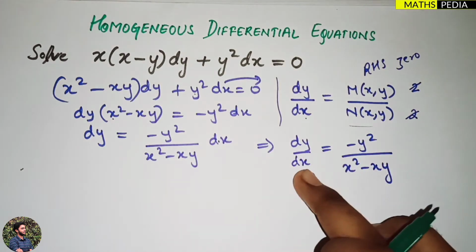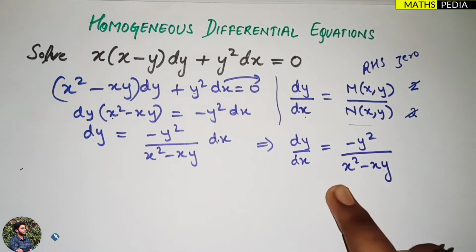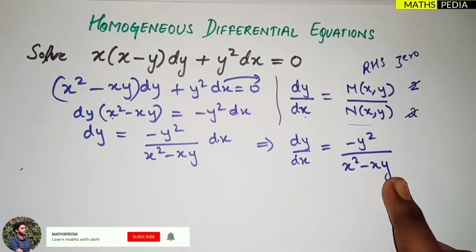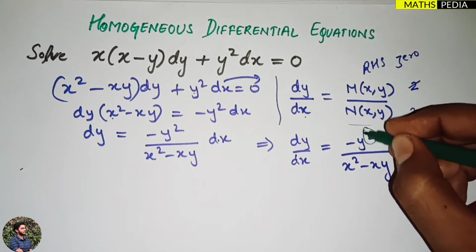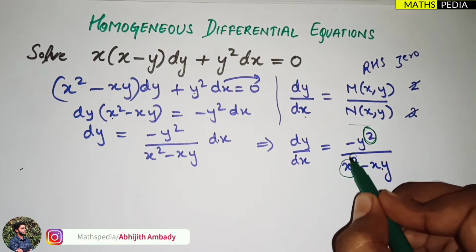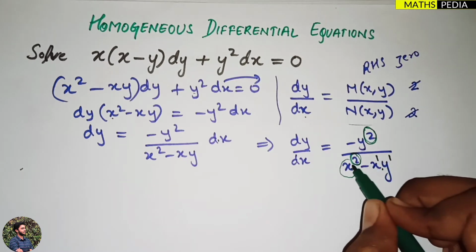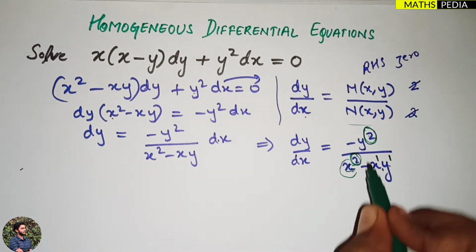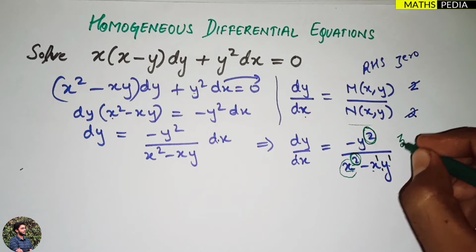Now this is in the form of dy by dx equal to some function of x and y. It can be a function of y, of x, or both; here x and y both are there. Now here you can easily observe one logic. In the denominator, the first term has degree 2, and the second term also has degree 2, since power 1 plus power 1 is degree 2. All the terms have degree 2. From these two terms I can take degree 2 common. In the numerator only one term is there, also of degree 2, so both get cancelled and the degree on the RHS is 0.